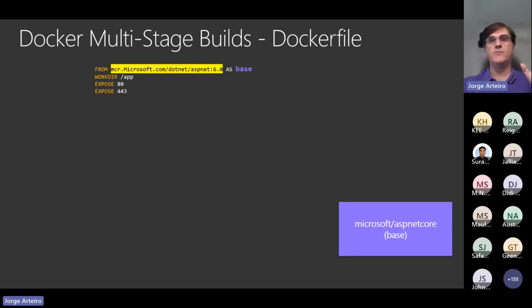But let's say you want to run .NET, or create a .NET image to run your .NET application. Any .NET developers there, put your hands up. Which language are you guys using? Which programming language?